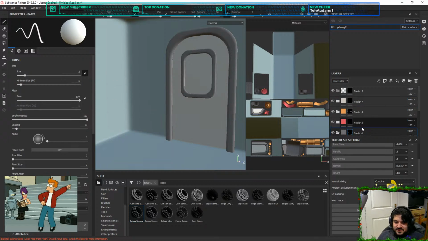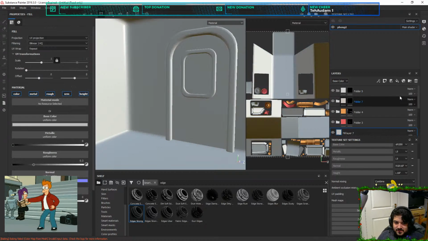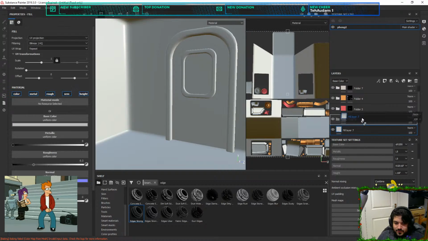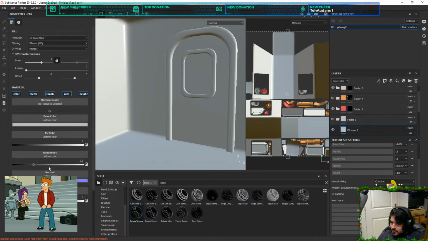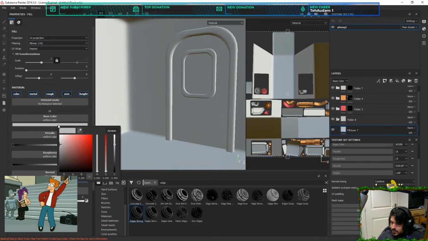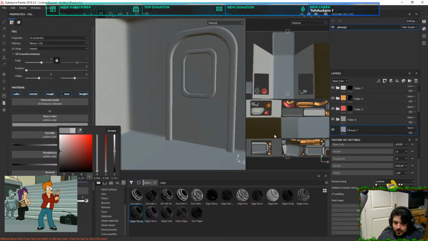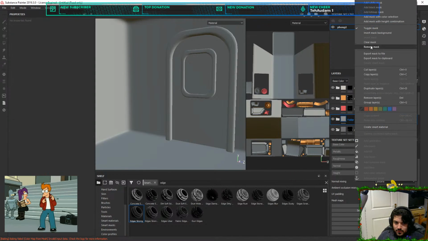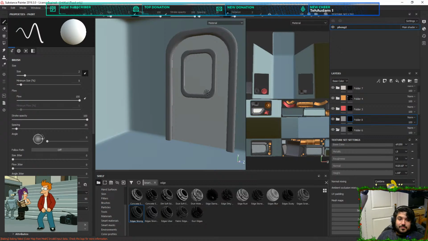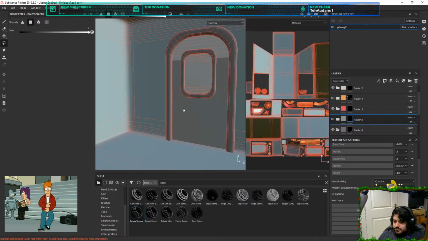Maybe they just need to be similar to this. You can't see these doors either in the reference, so I'm just sort of trying something.